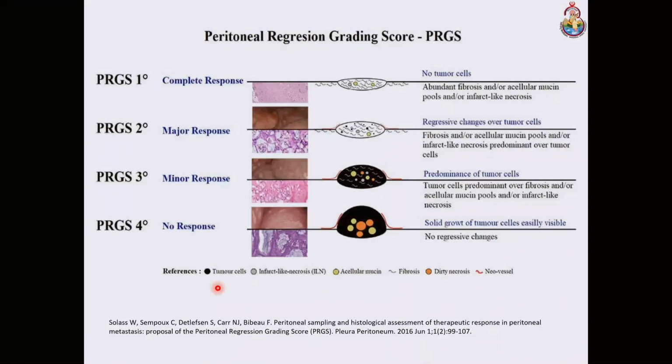As I was telling you, this is the peritoneal regression grading score, and it was proposed by Solass et al. from Germany. It scores from 1 to 4. As you can see, it's a pathological grading where 1 is complete response and 4 is almost no response. It depends on how many tumor cells are left and what kind of fibrosis remains. So this is how, every time you do a PIPAC, you see how much the tumor has